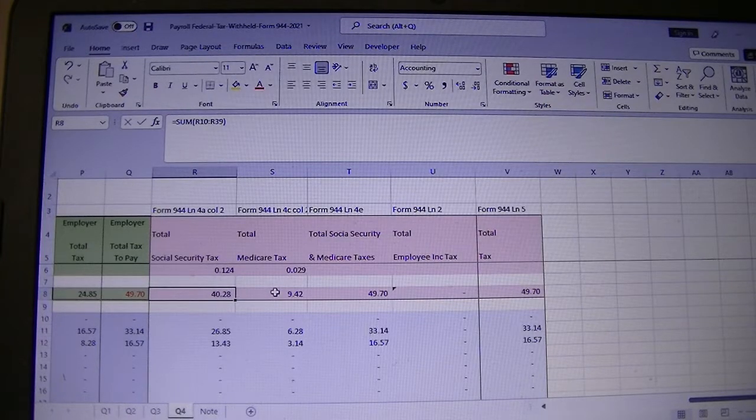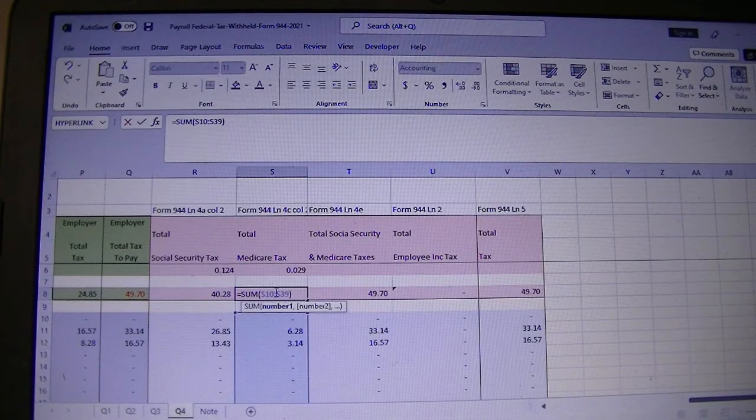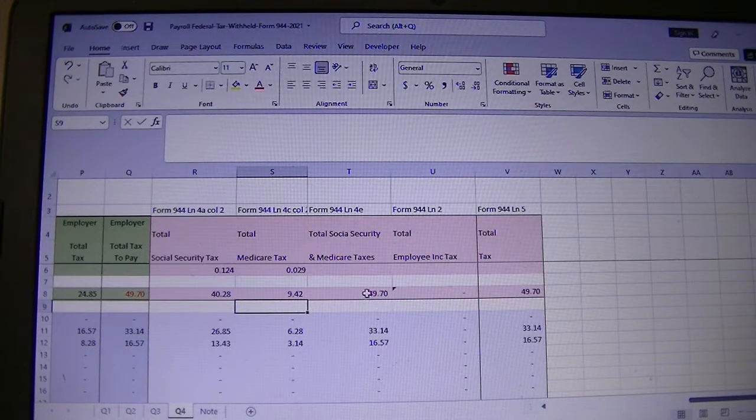And you need the total Medicare paid, the total Medicare withheld from all the employees' wages, and the portion the business paid. And you pretty much need both combined as well. So that's those two rows combined. And total employee income tax,